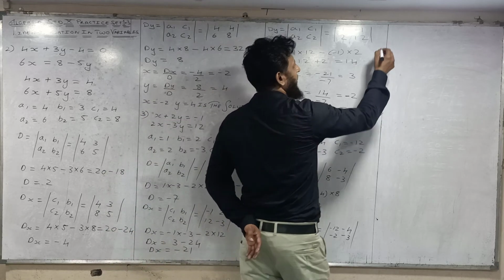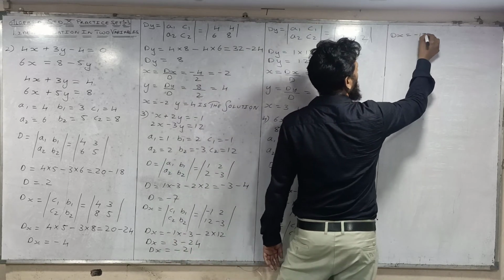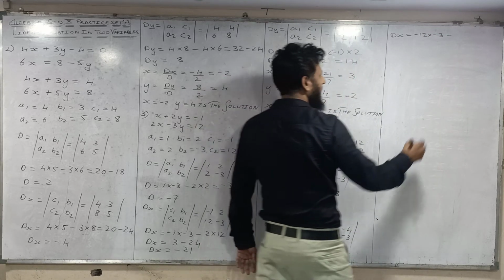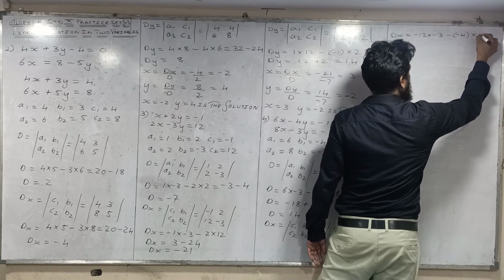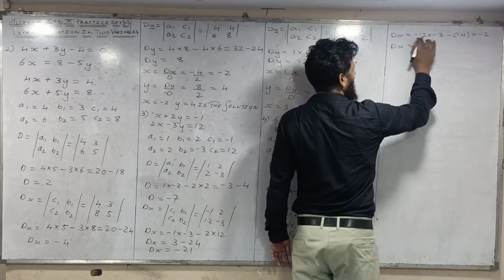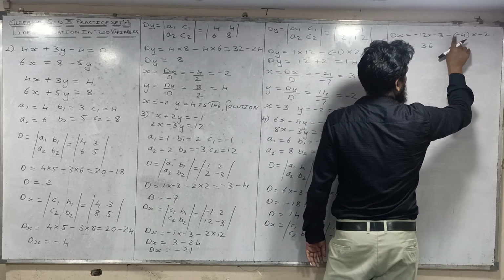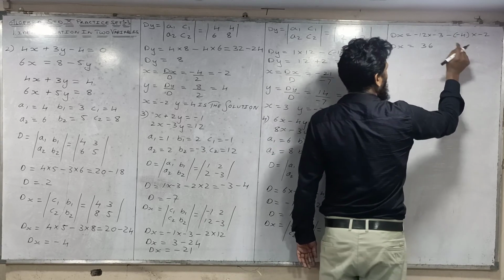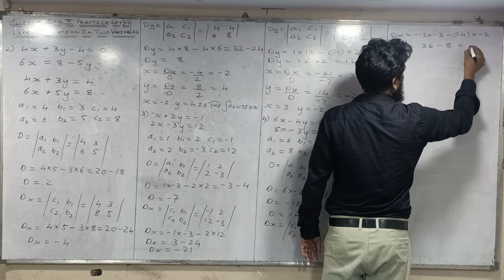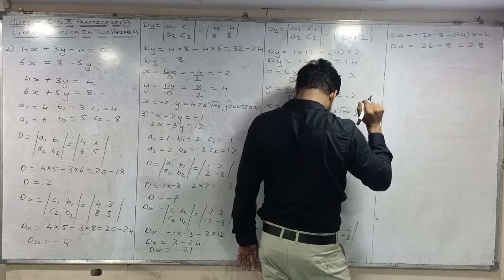Now calculation: dx is equal to minus 12 multiplied by minus 3, then put the minus sign, then minus 4 multiplied by minus 2. Okay, dx is equal to 12 threes are 36, minus minus plus 36. Here 4 twos are 8, and minus minus plus, then again plus minus minus, so minus 8. Okay, so 36 minus 8 gives you 28. So the value of dx is 28.